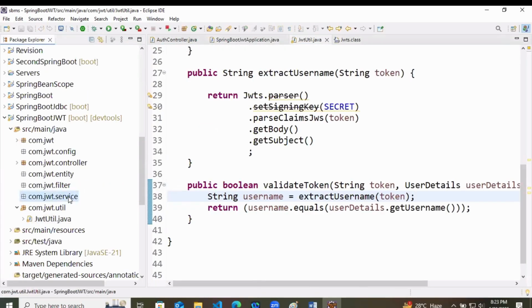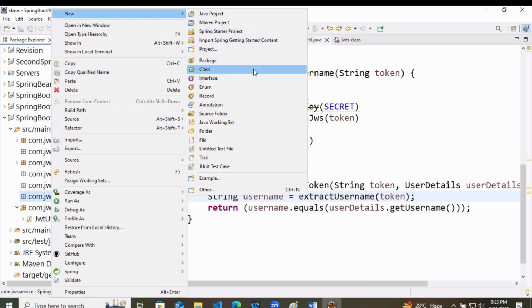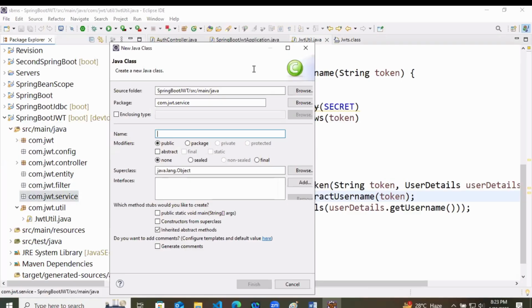So in this service, I will create a class, and for the class name, here we are actually going to provide a custom username, like in-memory user, you can say. So custom user details service.